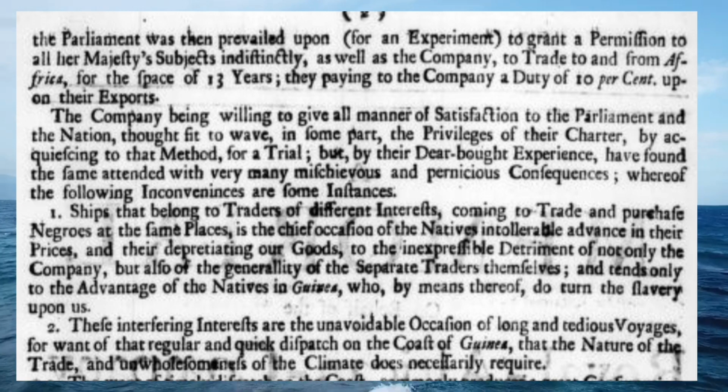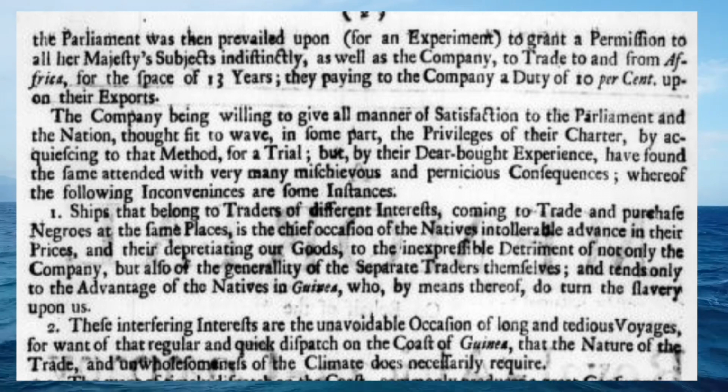Okay, so they pretty much took over, and there wasn't even a distinctive control that their own kings or queens themselves had over the whole company. So the company being willing to give all manner of satisfaction to the Parliament and the nation thought fit to waive in some parts the privileges of the charter